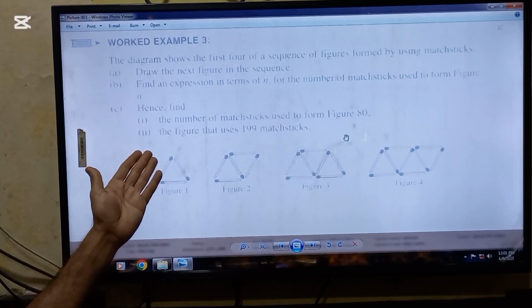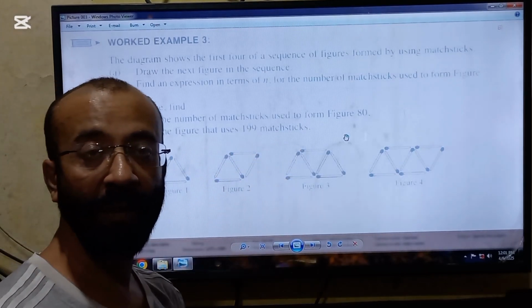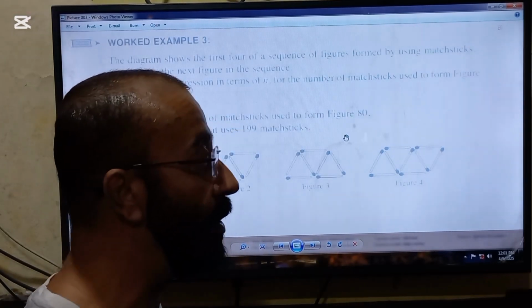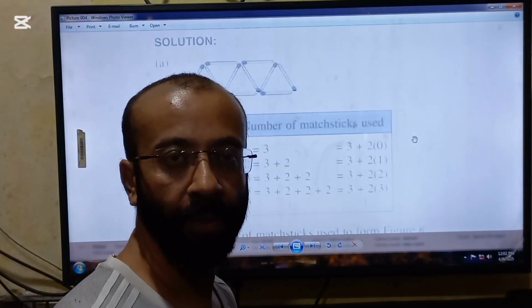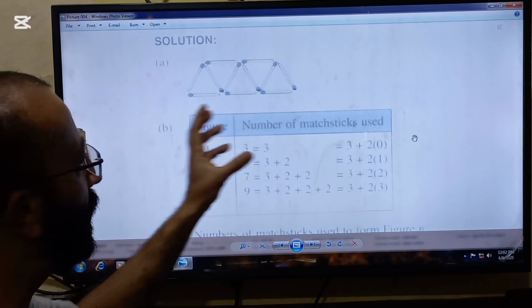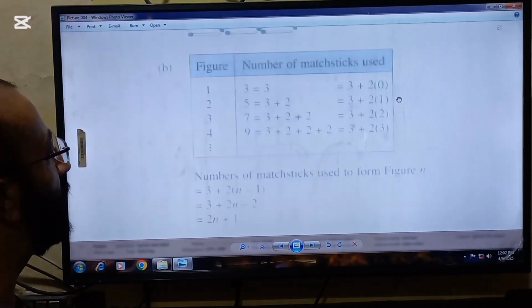And the last requirement is the figure that uses 199 matchsticks. So if 199 matchsticks are used, which number figure of that sequence will it be? So the solution is here. This will be the next figure in the number sequence, and in the next part we are required to